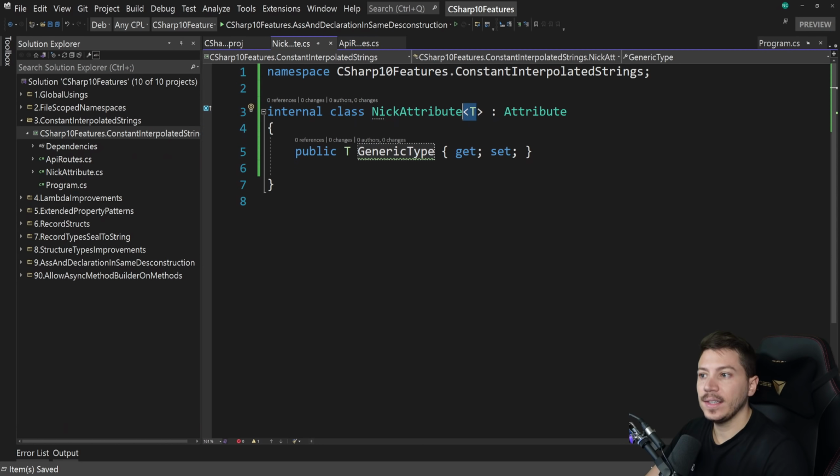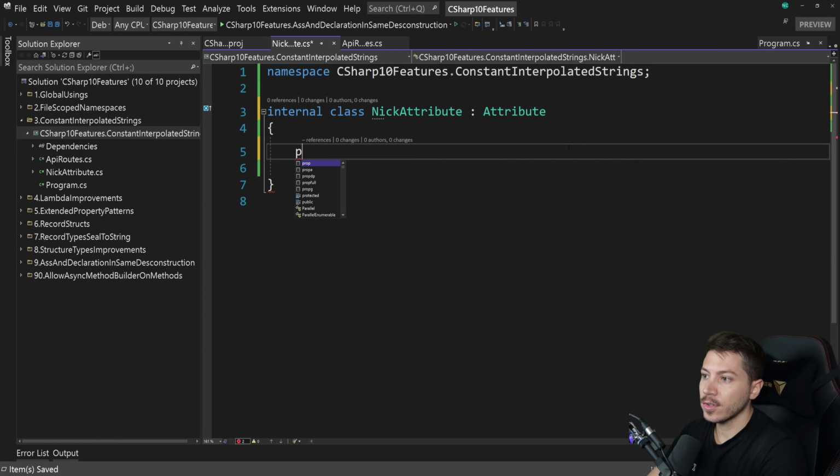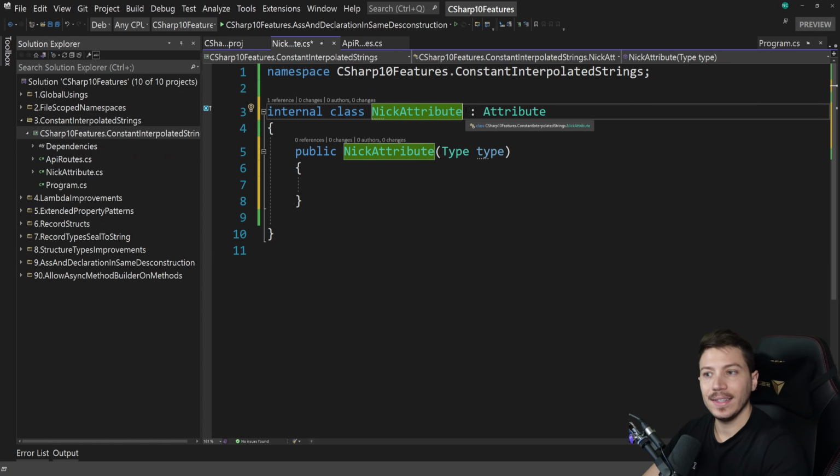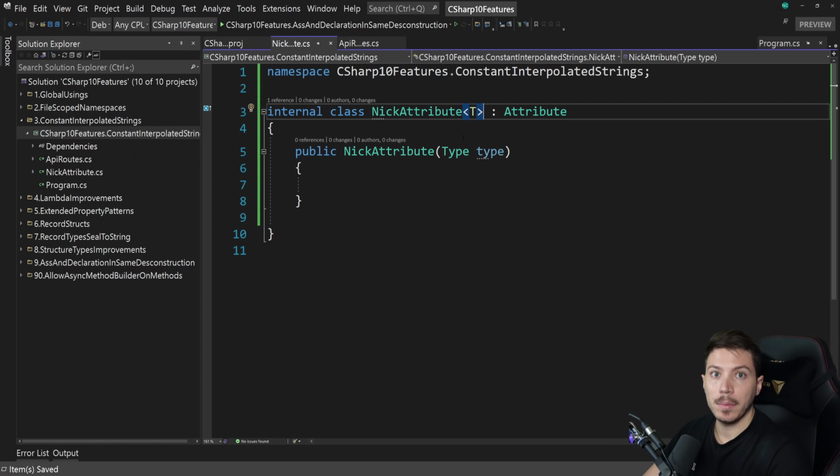The reason why this is added is because before, you had to not use that, and you had to go about having a constructor that was accepting a type, and you had to use that type then to do anything else in the future. So they just make it easier by adding generics, but this is only there if you enable preview features.